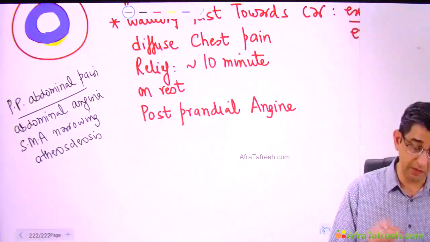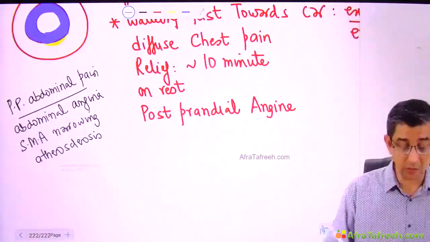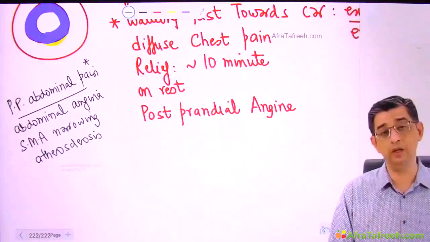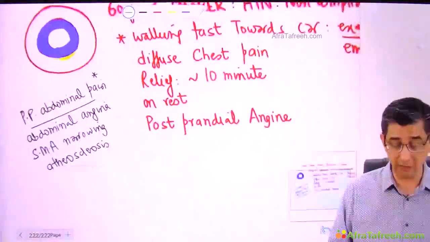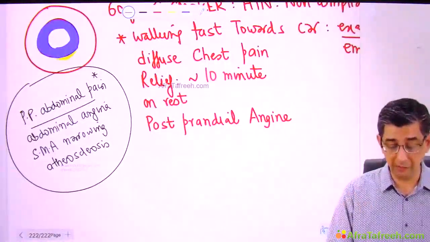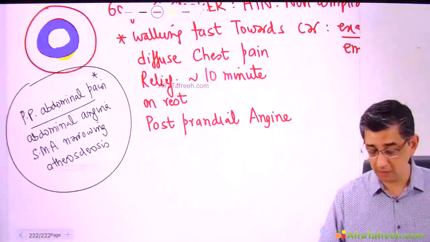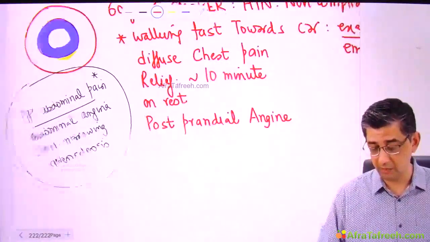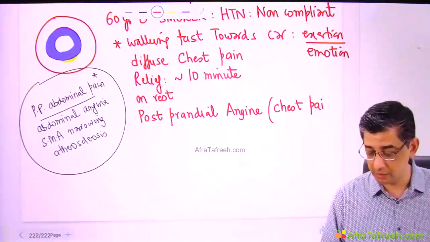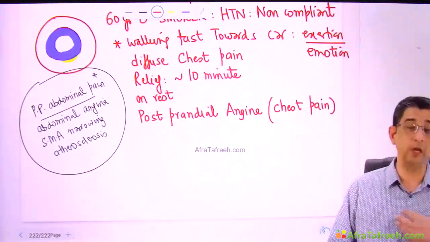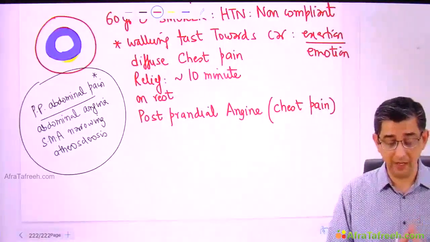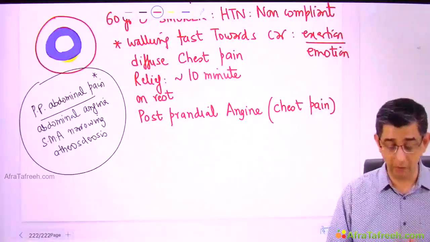So a person can be having chest pain, or in contrast to chest pain in chronic stable angina, this particular individual will be having abdominal pain. So read the question with care. That's what I want to highlight. If he mentions the word postprandial chest pain, I repeat once again, when I read the word postprandial angina, it basically means chest pain after eating food. In contrast, when I'm talking about postprandial abdominal pain, then it's going to be abdominal angina,